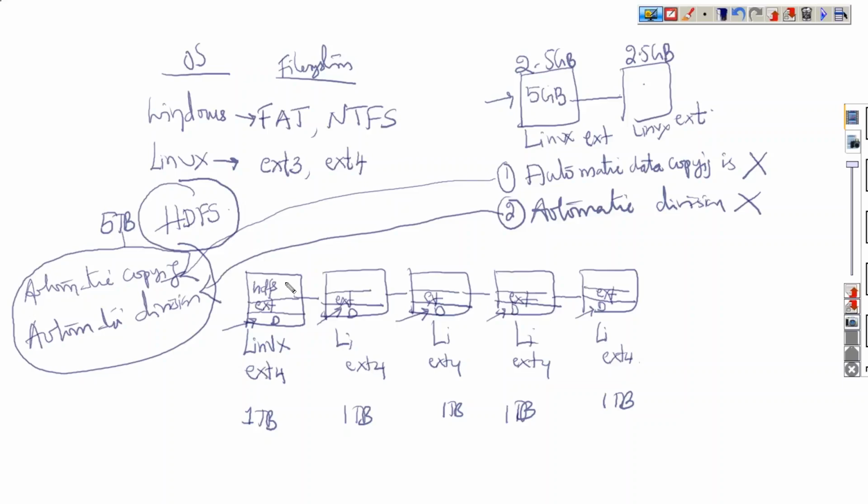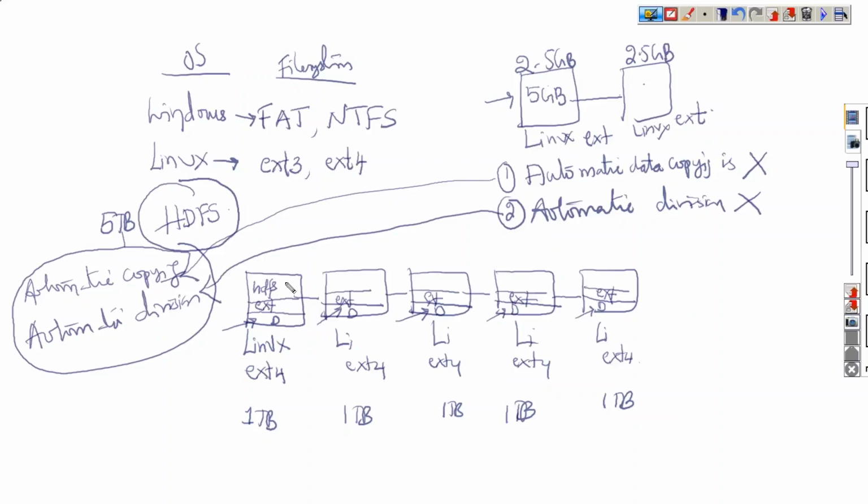Now I say that there must be something to do automatic division and automatic copying of data. So I gave that, and that one is HDFS. Now we have 5 nodes here. If I have 5 nodes, how many instances of the ext file system are there? How many instances or how many copies?